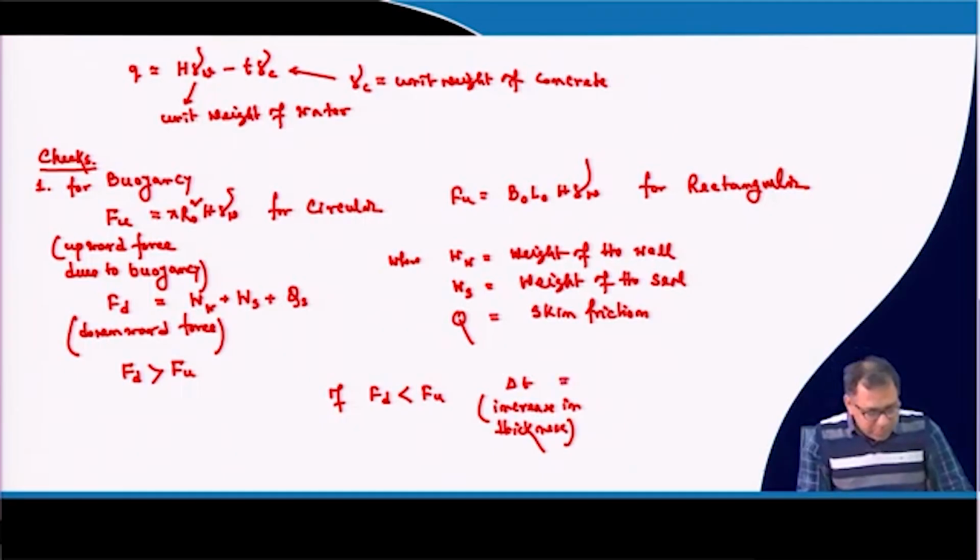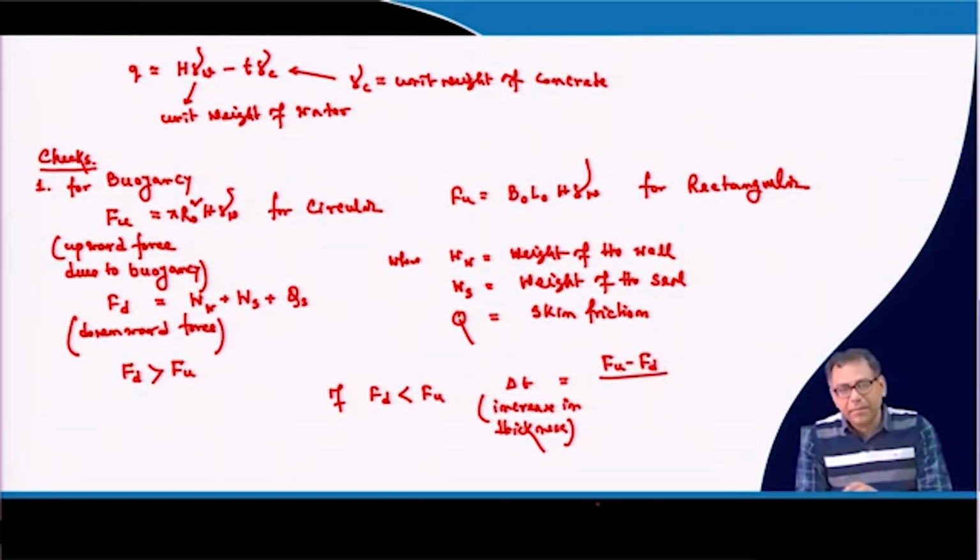So, that amount of increase is equal to the difference between these two forces divided by the inside area of that seal, into the unit weight of the concrete, because the weight